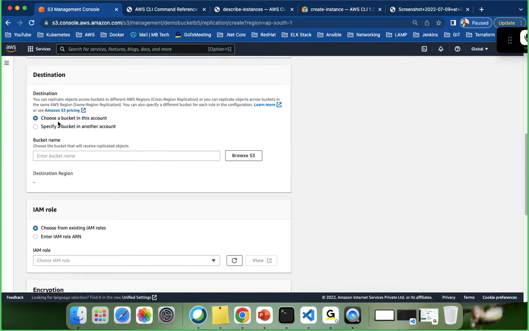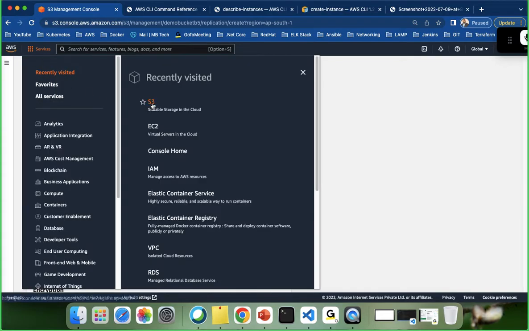Now for the destination, you have to choose a destination bucket. You can replicate objects across buckets in different AWS regions. That is why it is called cross region replication. Now as I have only one bucket, I need a destination bucket. Let's go ahead and create one more bucket